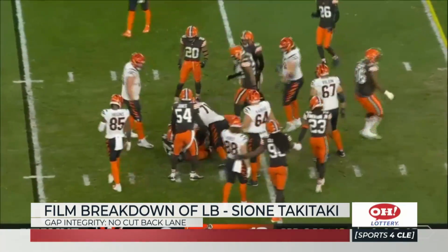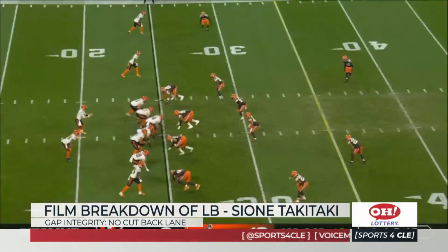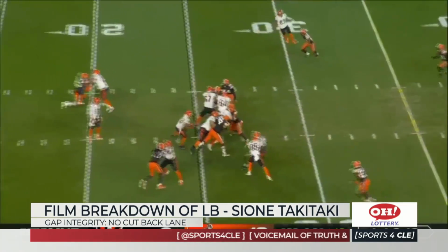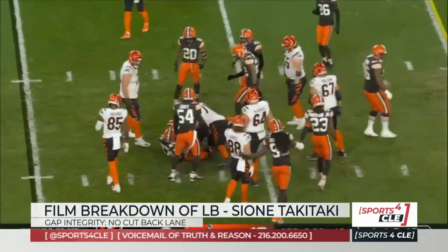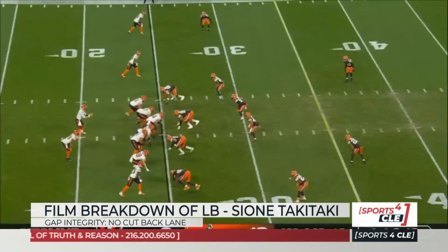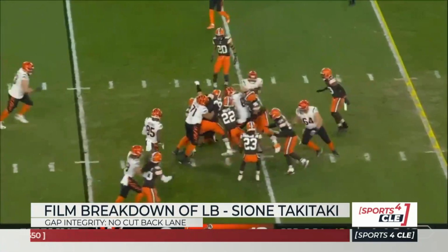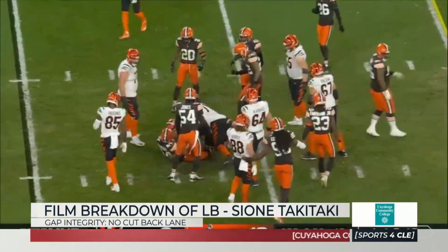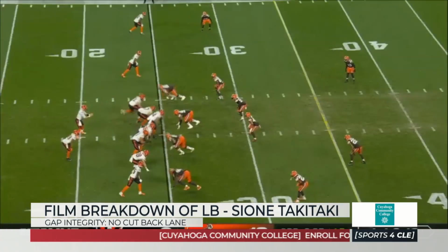And Taven Bryan does a really good job in the B-gap of trying to fight that double. By him fighting the double, it doesn't allow that guard to get off on Takitaki as fast as they want. And it's just a good team defense, kind of a boring play, but one of my favorite plays he made from the other night, because as you can see, when the ball is snapped, he's moving forward. And when you move forward, you don't get moved vertically and you don't get moved horizontally, which is very important